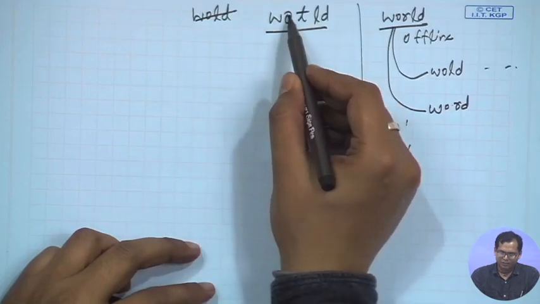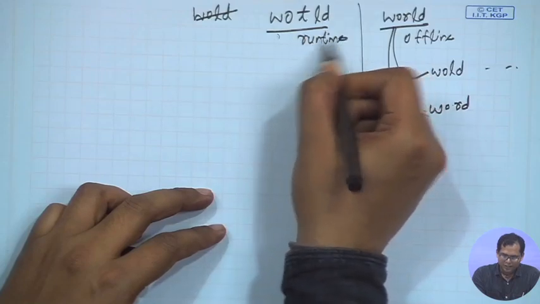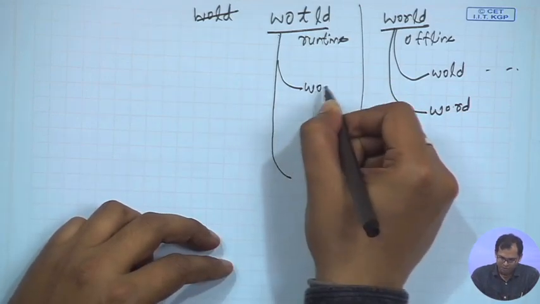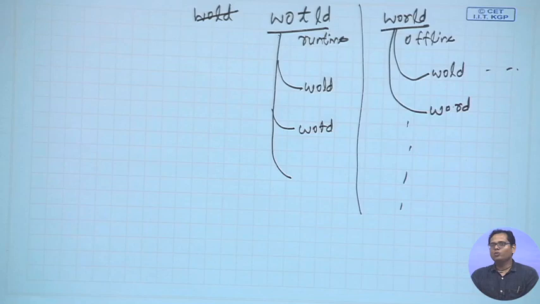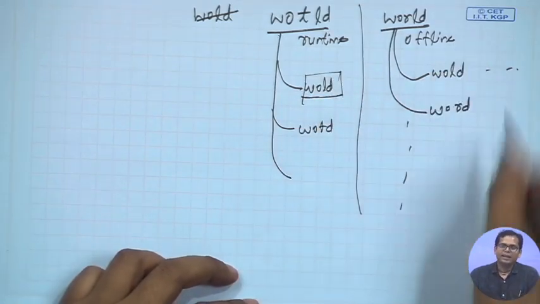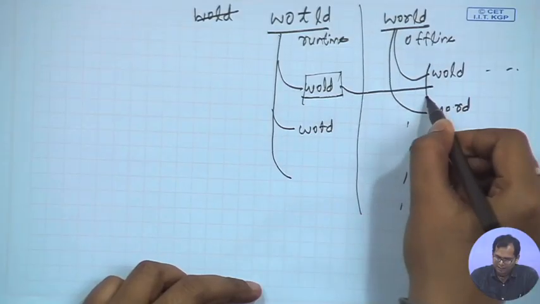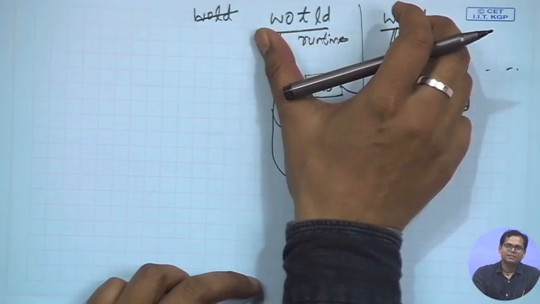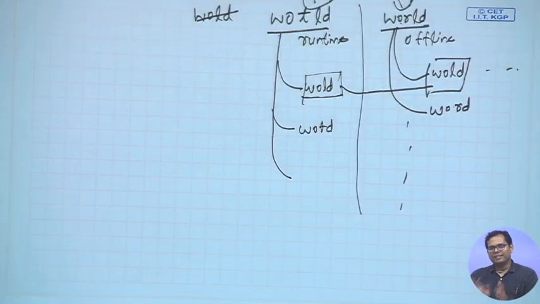At runtime, when you get a query like WOTLD that is incorrect, you will do the same thing, and generate all the possibilities with delete of 1 and 2. We are taking 1 only here to show the idea. So you will find WOLD, WOTD, and so on. Now you try to match whether one of these is available in the dictionary built by the symmetric delete operation, and you will find WOLD is a match. Once there is a match, you go back to the original word and confirm that the two words have an edit distance of less than or equal to 2. That's how you can find all the possible words within edit distance of 2